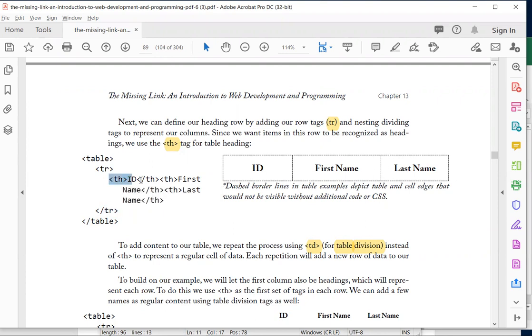Now notice that there's one set of THs and then another set of THs, and I can't highlight it. Yeah, it's making it difficult. Okay, so there's a second set of THs, open and then close, and then TH, open and close. So since there's 3 columns there, let me go ahead and show you that